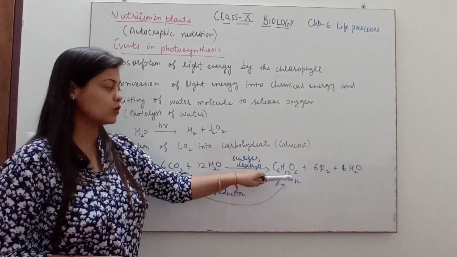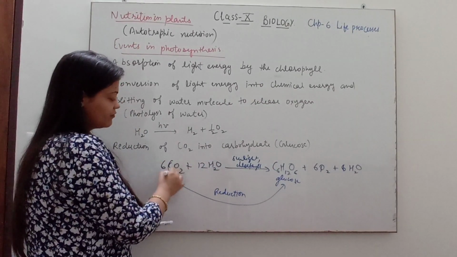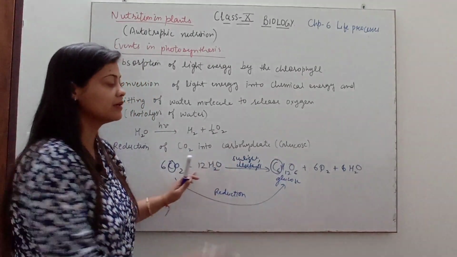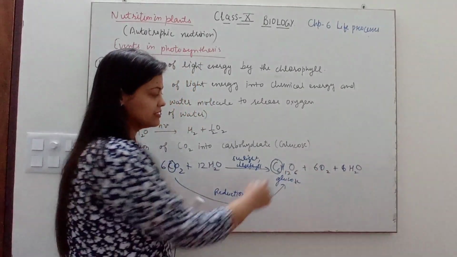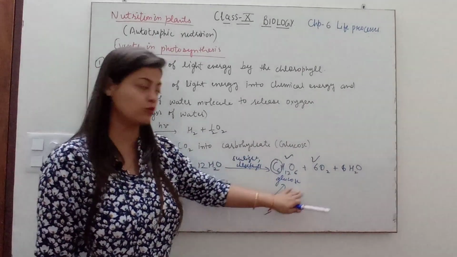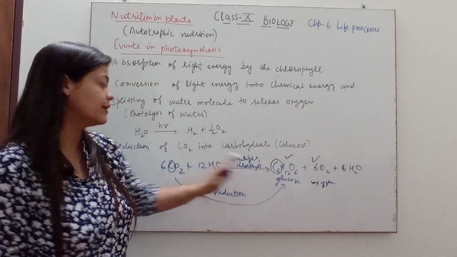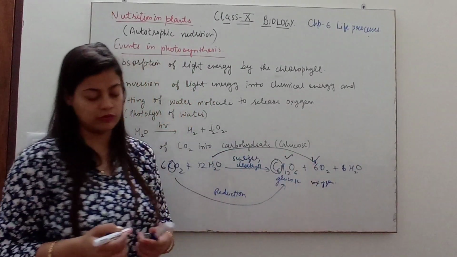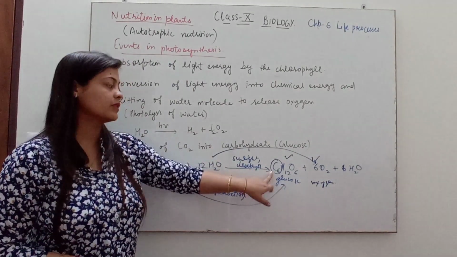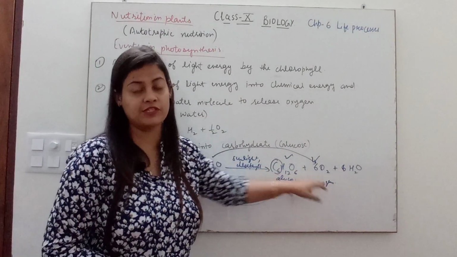The carbon in the glucose which is forming is actually coming from this CO2, and the oxygen is not coming from CO2. These are the two main products released during photosynthesis, glucose and oxygen, and the oxygen which is released is actually coming from water molecules. This is a very important point: the carbon is provided by CO2, which gets reduced to convert it into glucose, and water provides oxygen, which is called photolysis of water.